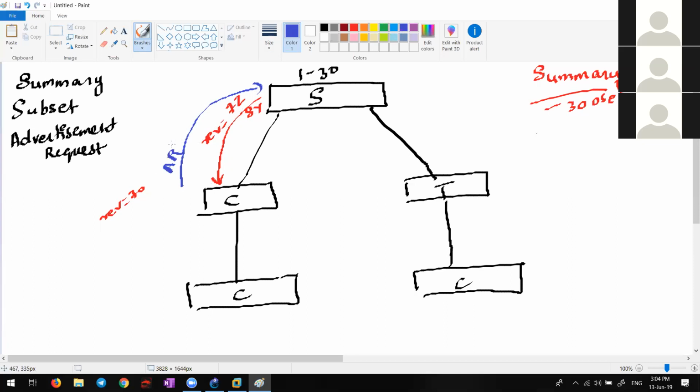Yes, I want the complete information about your summary advertisements. So upon receiving this advertisement request, the server will send back, actually, half of the thing will be like this. Summary will be sent again, and as a follower of summary, subset will be sent.